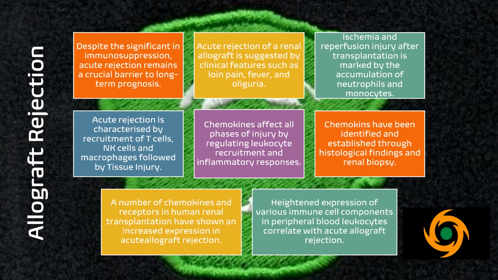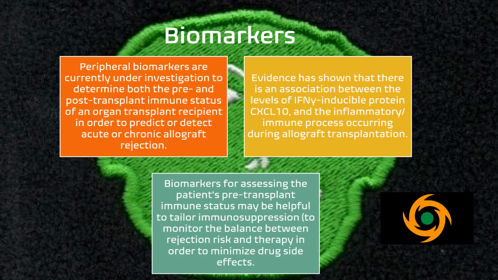A number of chemokines and receptors in human renal transplantation have also shown an increased expression in acute allograft rejection. A heightened expression of various immune cell components in peripheral blood leukocytes also correlates with acute allograft rejection. So a little bit around biomarkers as well. So peripheral biomarkers